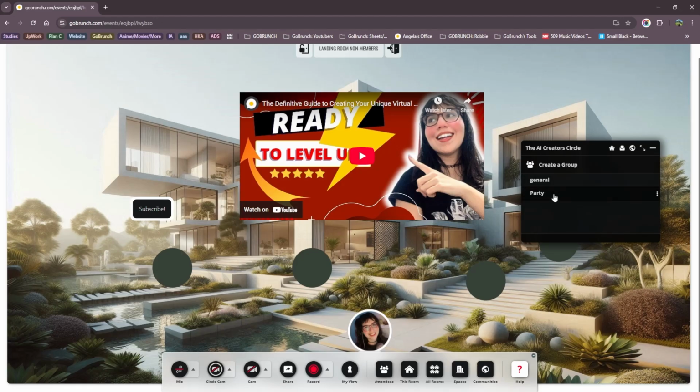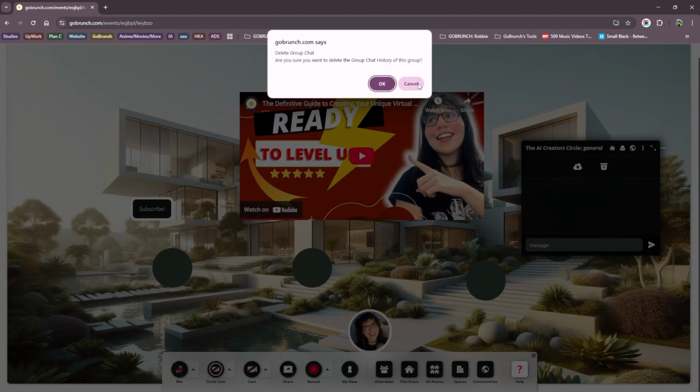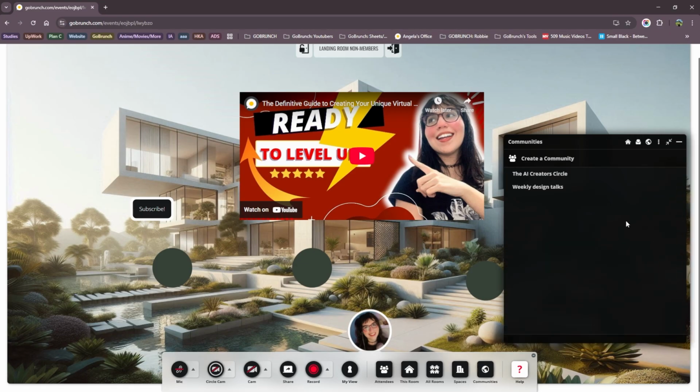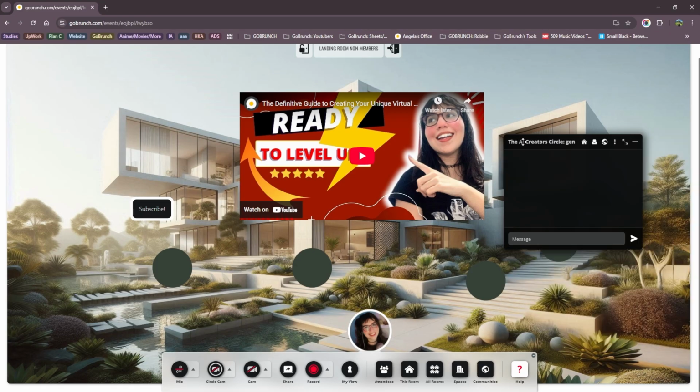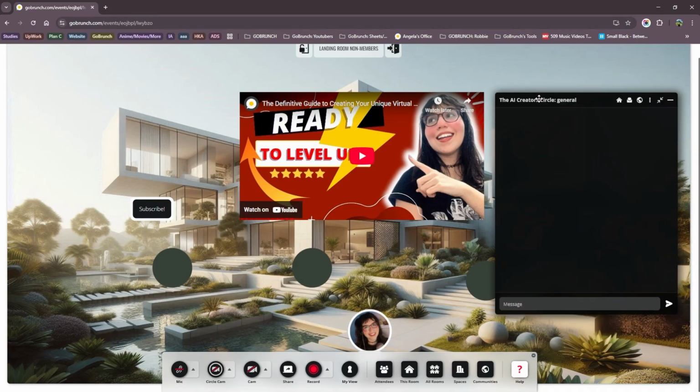And like this, your members can see the groups. Also, if you want to delete a group, you can mouse over the group that you created, click these 3 dots, and click here on the trash icon. If you're inside a group and you click the 3 dots, you can download the chat or you can delete the chat too. And also, you can resize the chat using the dynamic view like you see here, because sometimes we cannot see the whole message. So like this, if you resize the chat, it will be bigger, so you can have a better view of all the text from all your members.